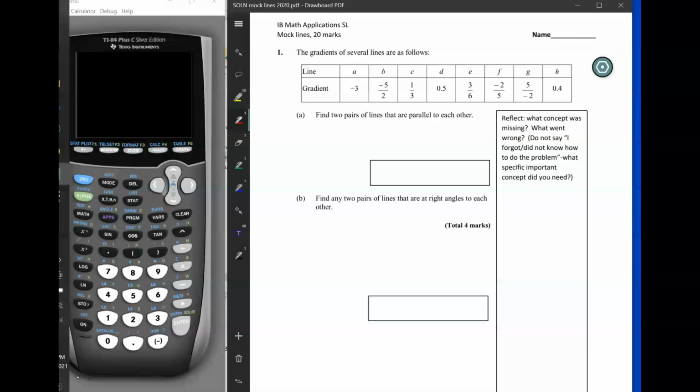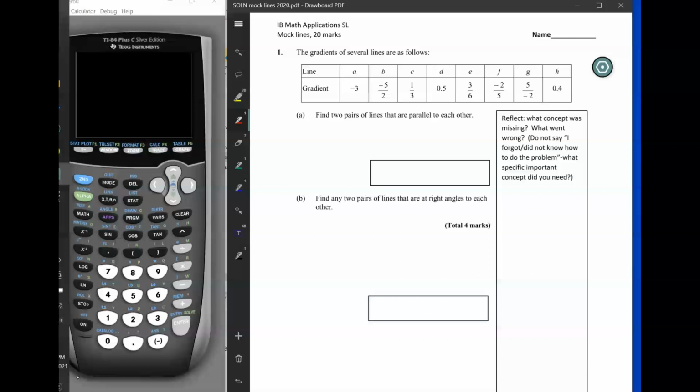First thing it says, the gradient of several lines are as follows, and it gives you gradients or slopes of lines in decimal form, in fractional form. It's a mix, right? And so first I'm going to show you how to pick out some of the answers just by looking at the fractions. Remember that